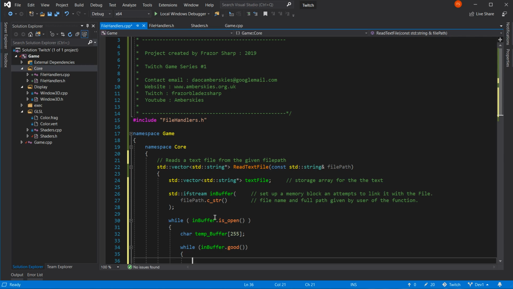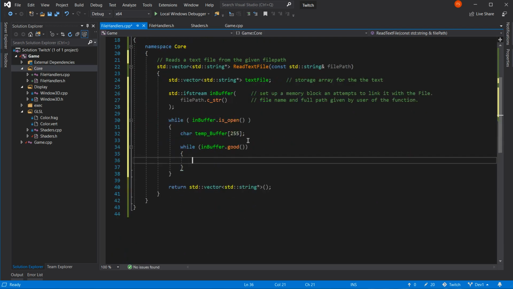Now, let's just see what I've done. I've just set up a couple of while loops. So this one here, that one's going to be the stream initiator. So that initiates the stream, which was set up above. I'll do it that way, yeah.